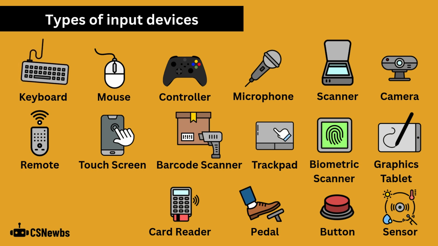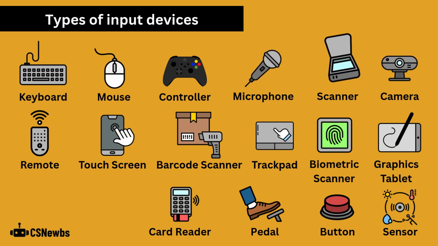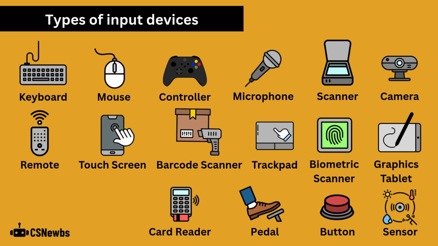We've got a keyboard to enter text and numbers, mice to control on-screen pointers, controllers to input commands in games, microphones to capture sound, scanners to copy images or text digitally, cameras to record photos or videos, remotes to send wireless control signals, touchscreen, which is both an input and an output device to sense touch input,